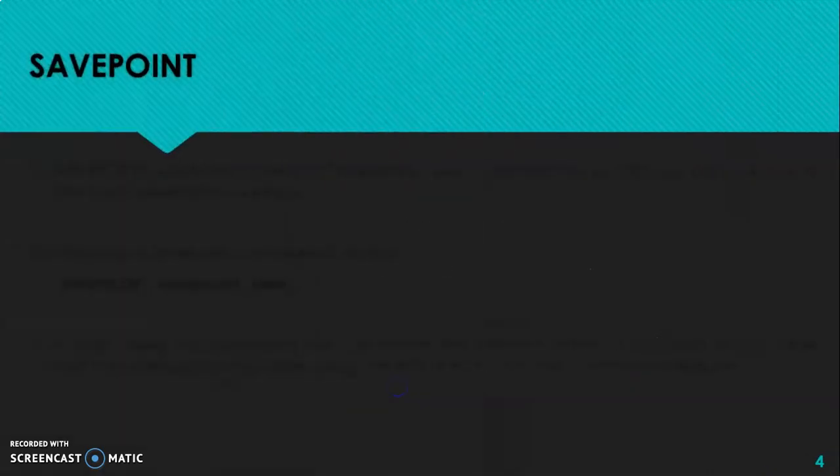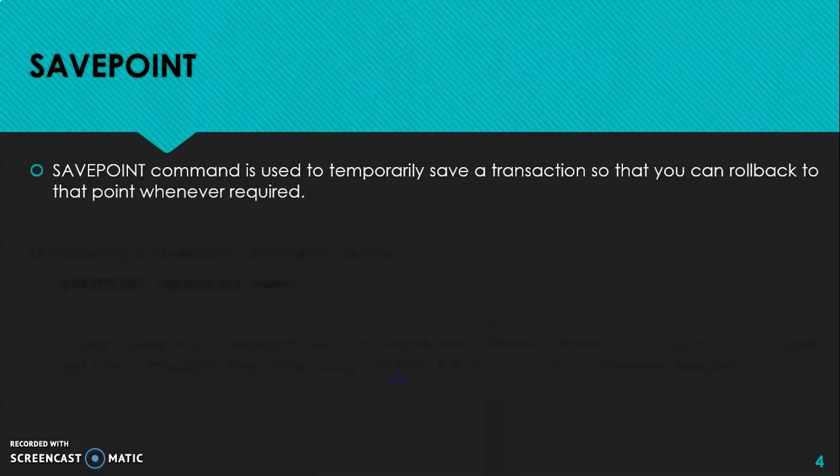Then we have a save point. The save point command is used to temporarily save a transaction so that you can roll back to that particular point whenever required. Generally we don't use commit every now and then, so for that temporary saving, we use the save point.